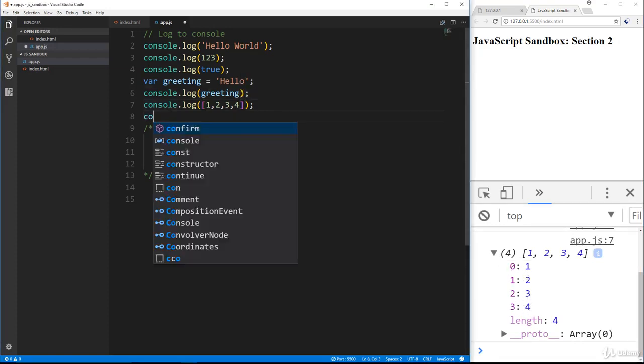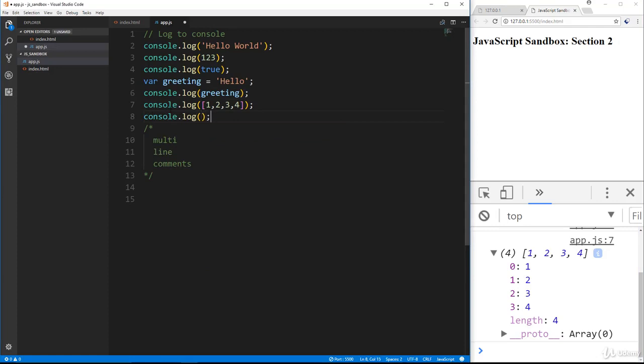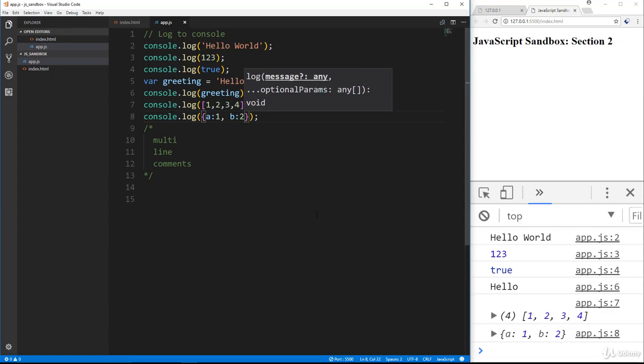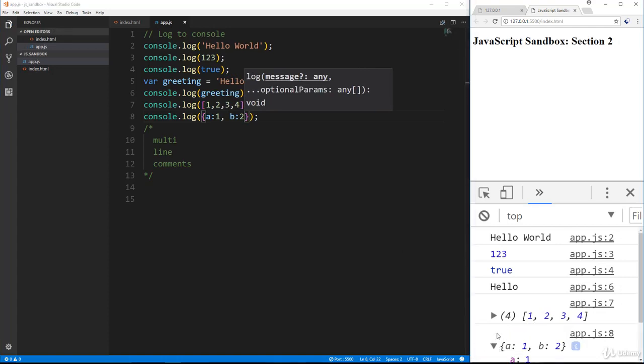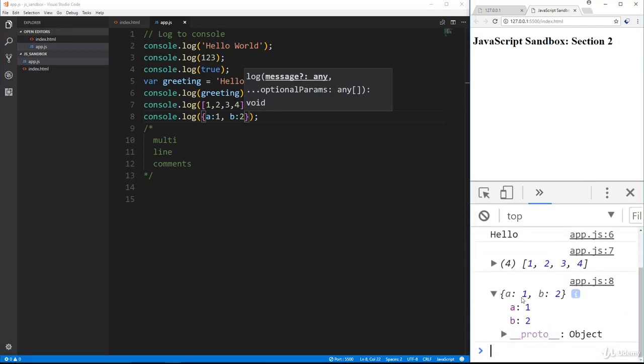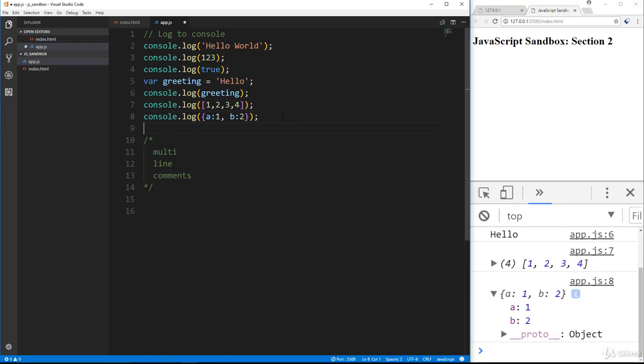Okay, we can also log objects. So let's put an R. This is an object literal. So we'll say A1, B2, and save. And that'll log the object. And just like the array, we can hit the arrow button and we can see it in a more readable form. All right. Another thing you can do with objects, which is really cool, is you can do